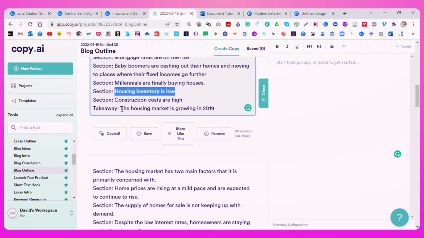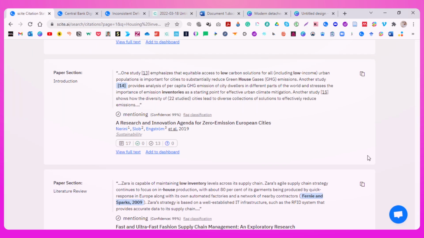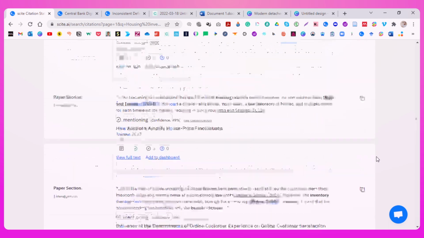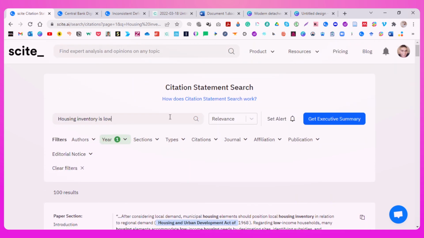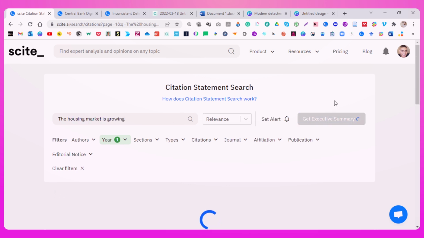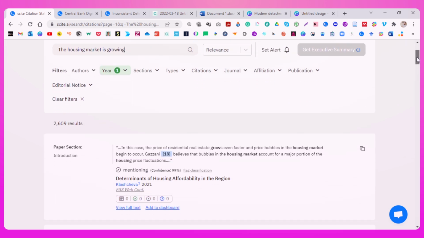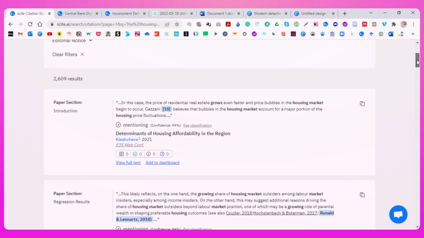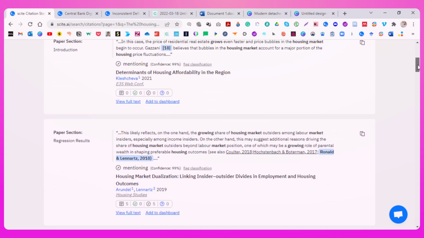The housing market is growing. And I just want to take a quick look before we go at this one. And we'll see if this will debunk one of the myths or not. So let's take a look. The housing market is growing. And we believe the buzz of the housing market. This talks about the bubble.